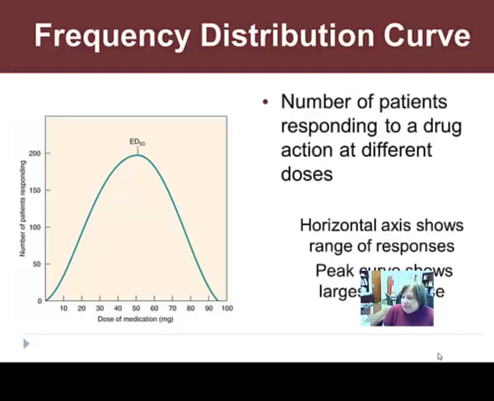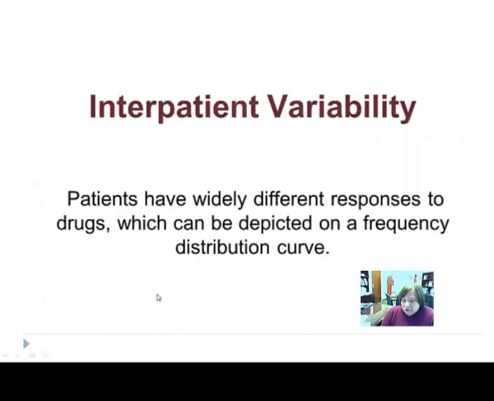Okay, this is a frequency distribution curve. ED50 is, again, half of the population, or the average, has an effective dose. So here's your medication we're looking at in milligrams. So a 50 milligram dose of this medication is considered the average or the effective dose. So again, if you're going to be looking at